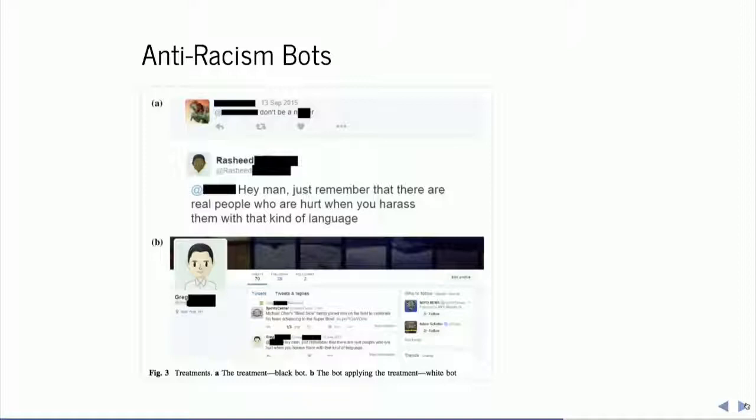The paper, I think, is not perfect. There are some issues of post-treatment bias or attrition in the sample, which is another example of how our data can be incomplete and imperfect. But I think it was just a really creative and nice idea to think about using bots for social science research.